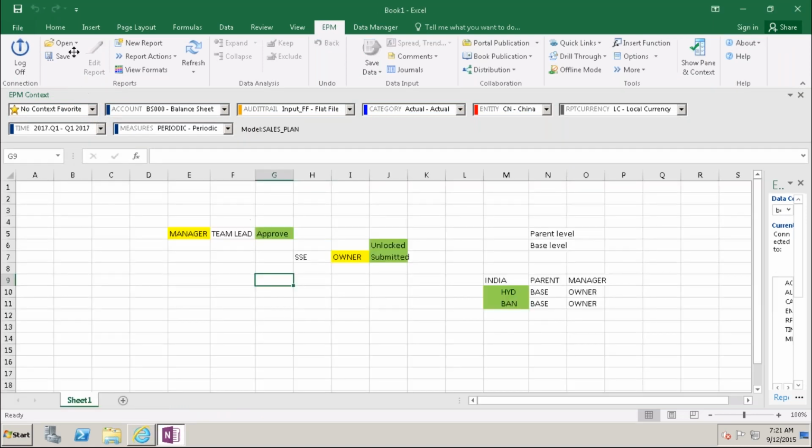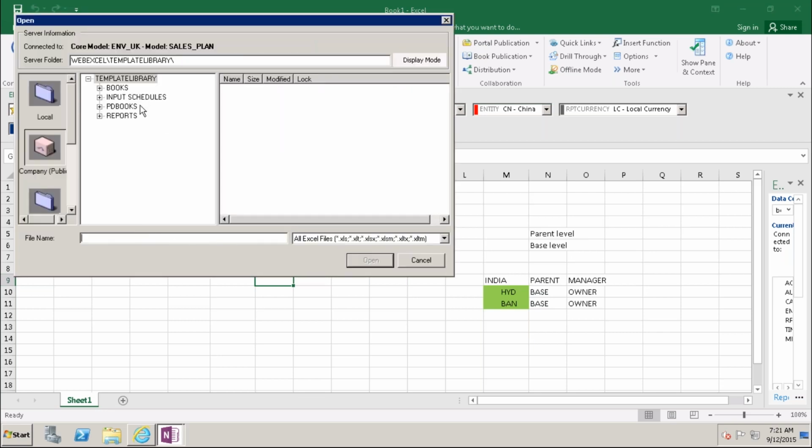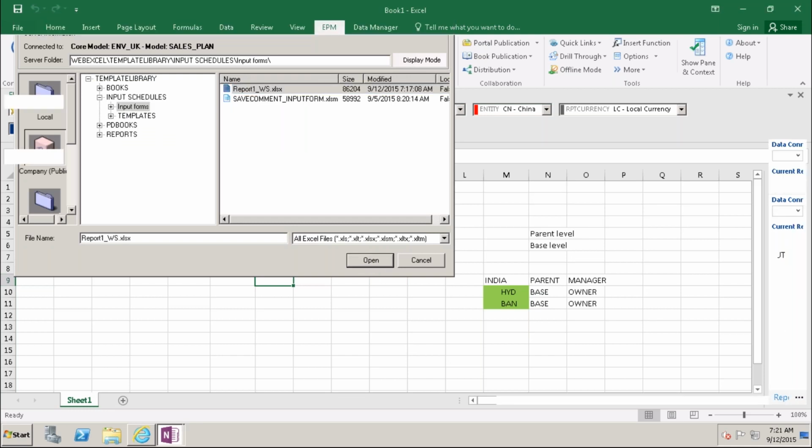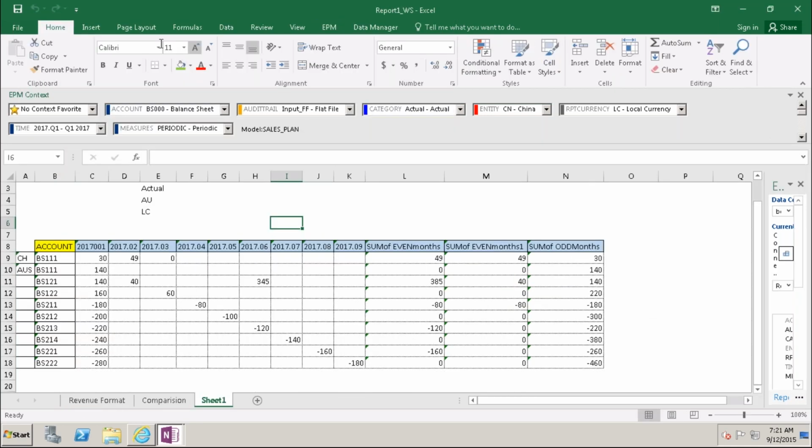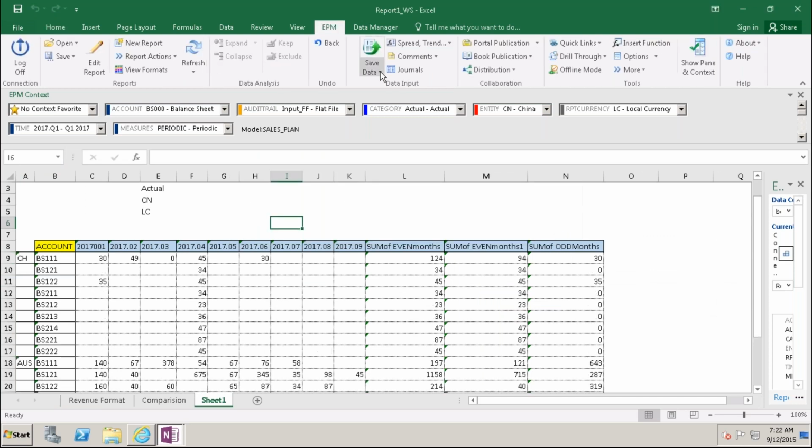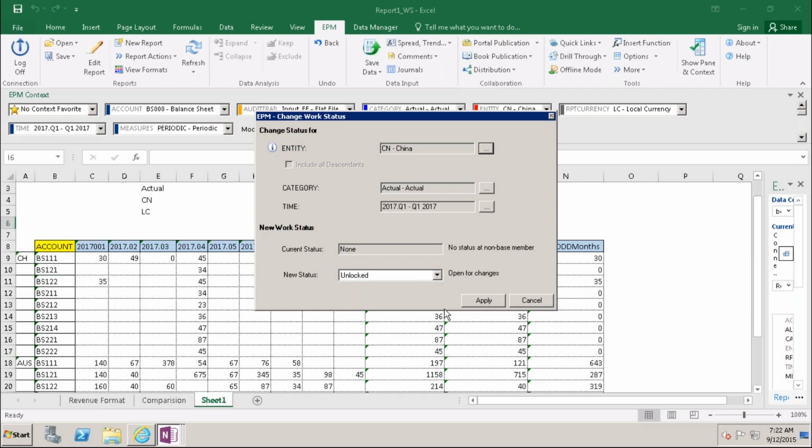I'm going to open the server, input forms. See here, for China, for this combination of data, he has the present current status. There is no status, none, no status at non-base members.